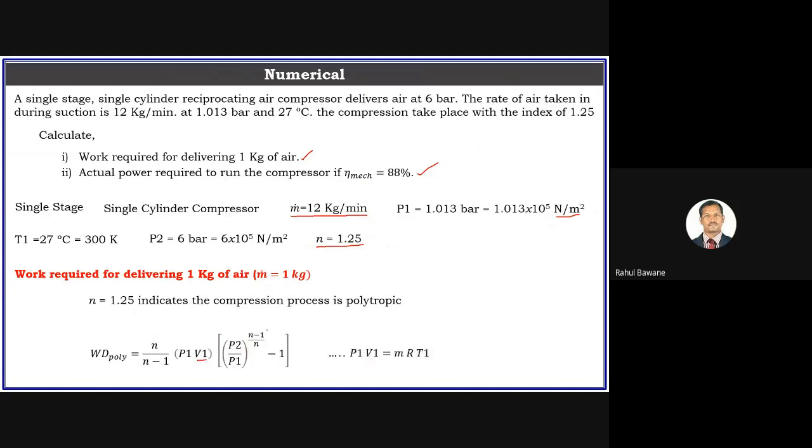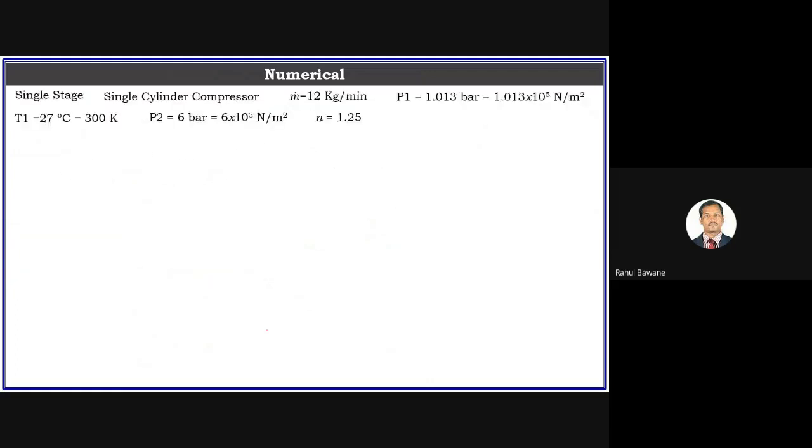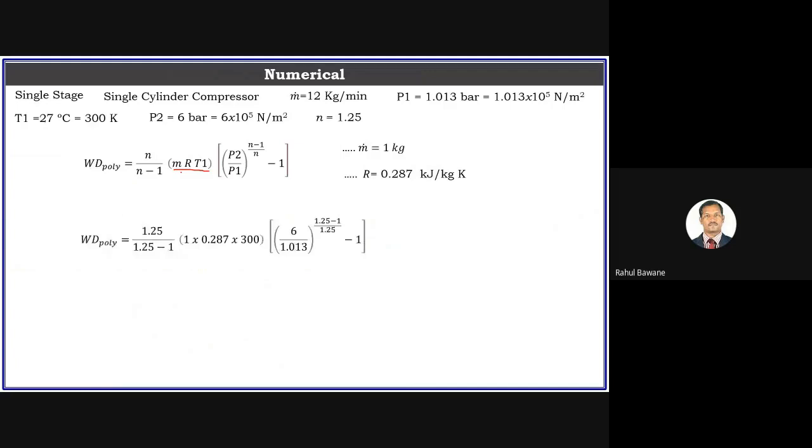What about V1? We don't have V1. Either find the V1 value or replace P1 V1 by m R T1. So we are replacing P1 V1 by m R T1. Definitely, as it is said, we have to calculate for 1 kg, so m is 1 kg. R is the characteristic gas constant, 0.287 kilojoule per kg Kelvin. It is a standard value. And temperature T1 is given: 27 degrees centigrade, that is 300